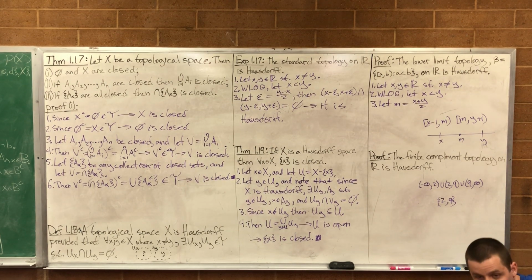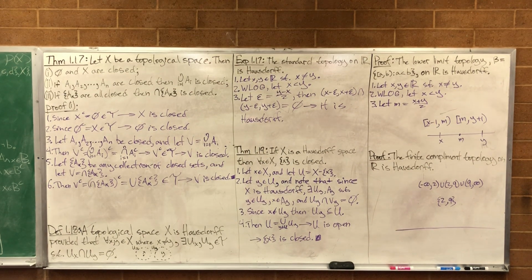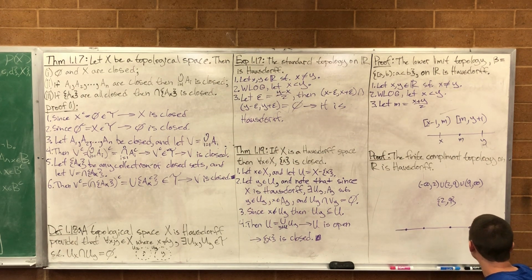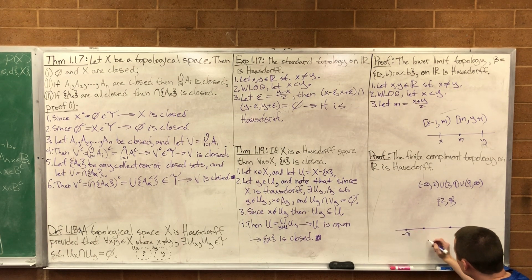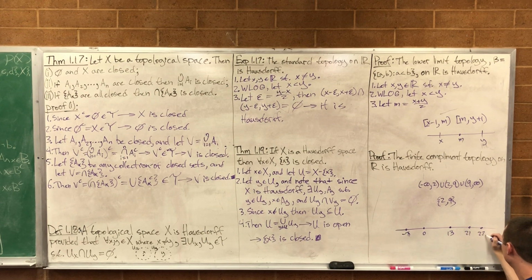Another way that we thought about the finite complement topology is start out with the real numbers. Now make a bunch of holes. Randomly pick holes. Get rid of that, get rid of that, get rid of that. That is an open set. What did we get rid of? Well, obviously we got rid of negative pi there. We got rid of 0. We got rid of 13. We got rid of 21. And we got rid of 27.2. So its complement are these numbers. That's finite. Therefore, this set is open in the finite complement topology.